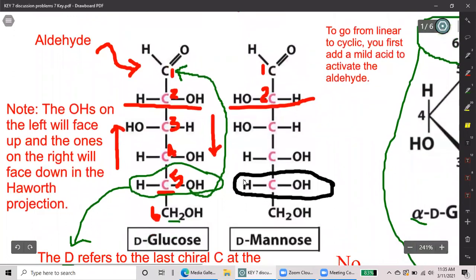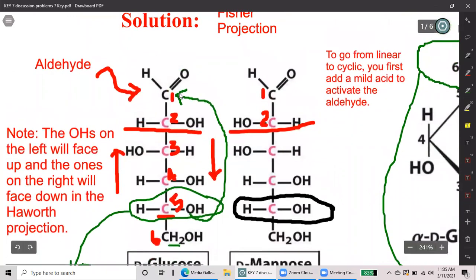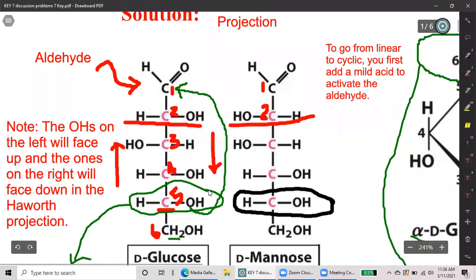So this is D-glucose. So notice that for carbon 2, the alcohol group is on the right. For carbon 3, the alcohol group is on the left. For carbon 4, it's on the right. And for carbon 5, it's on the right. Okay? Now, you have to know